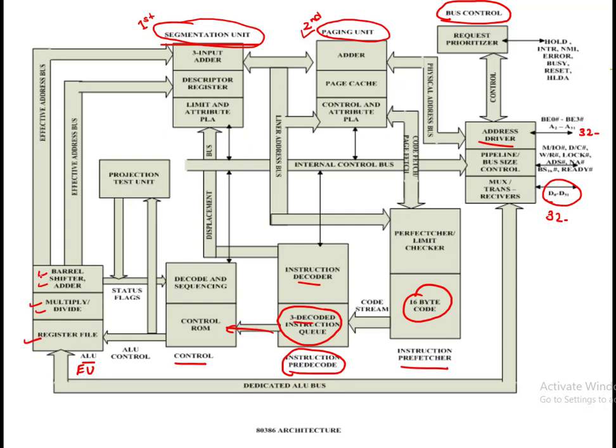So far, what we have discussed, the ALU is one combined component. Now we can see the ALU has 3 separate components. The register file, which stores temporary data, which we have seen as registers A, B, C, D. Now the name is converted to register file. Then there is a separate multiply and divide operation unit, and there is a separate barrel shifter and adder unit.